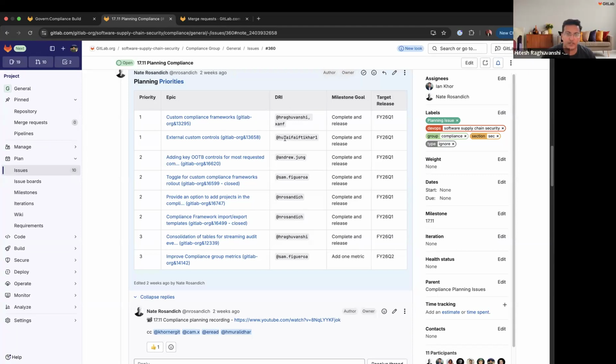Next one is on Zephyr, external custom controls. Nate? Yes. Yeah, well, we found one issue in the final, one bug in the final issue for this whole